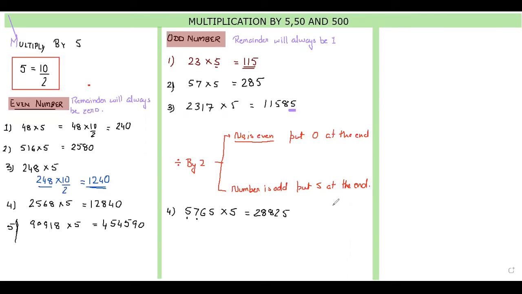Explain a bit slowly. Okay, I will divide the number as you people divide in your school. You have been taught since childhood to divide a number like this. 2 times 2 is 4. 1 and 7 becomes 17. 2 times 8 is 16. So 1 and 6. Now 2 times 8 is 16. We take 5 here. 2 times 2 is 4 and 1 remains. Now this is clear?